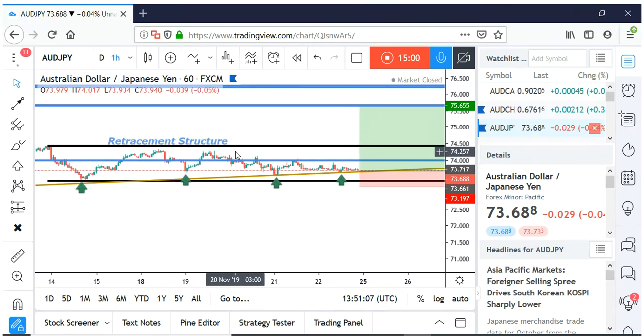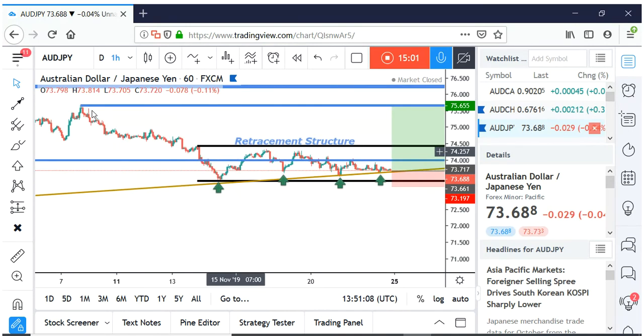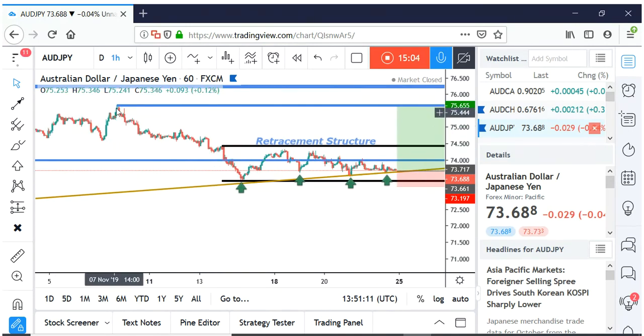75.655. So when I said the beginning of the retracement, remember this is where the uptrend stopped before it came back down. So this is the beginning, rather, of the retracement. So this is where we'll target, and then what we need to do is wait for price to break above it. So once we take a profit here, we wait for a break above, and then a retest of this end of retracement to initiate a buy position again.